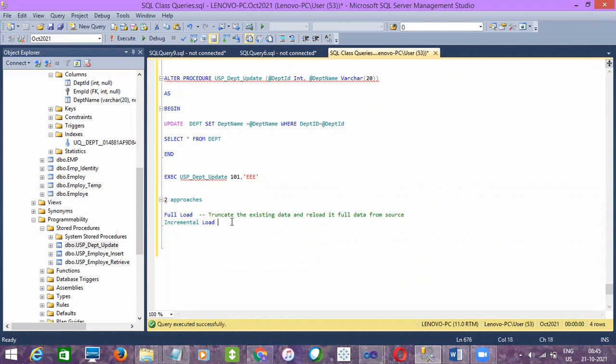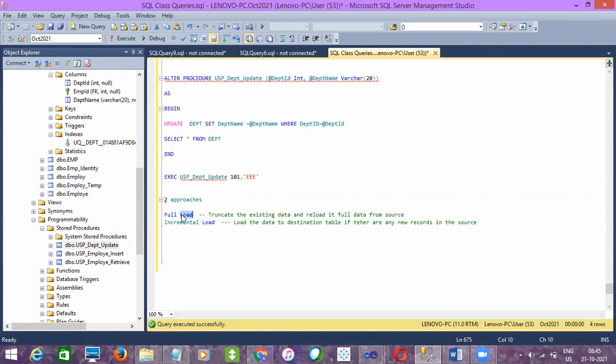Incremental load is to load the data to the destination table if there are any new records in the source, which means if let's say,